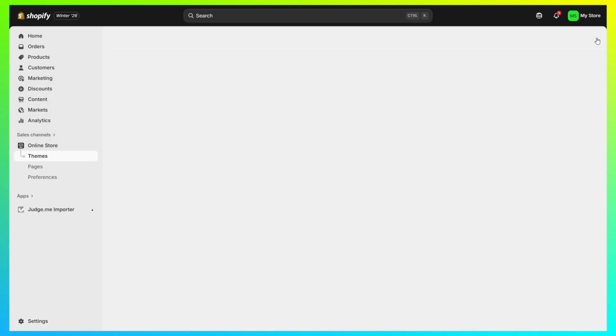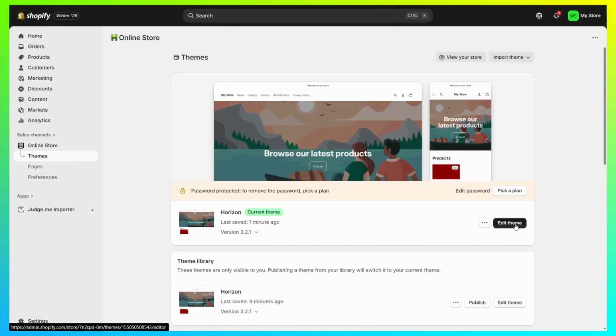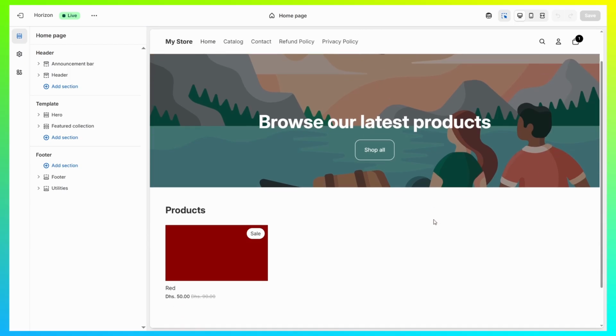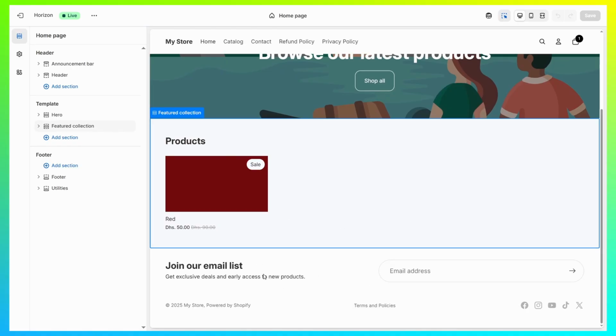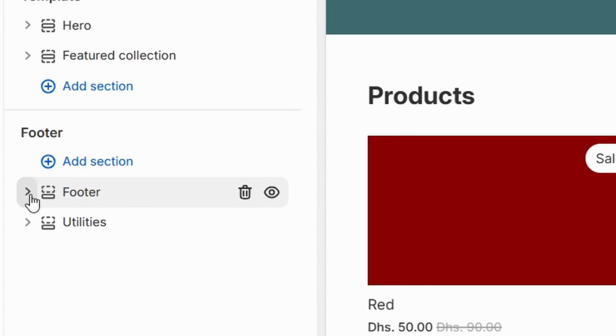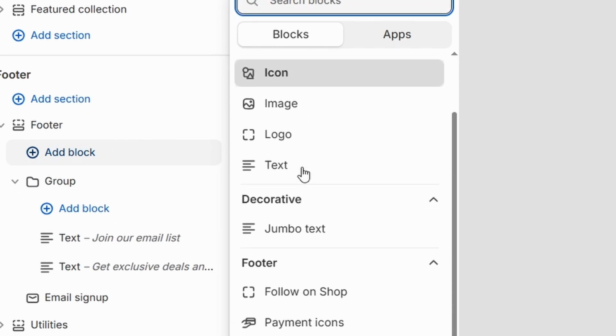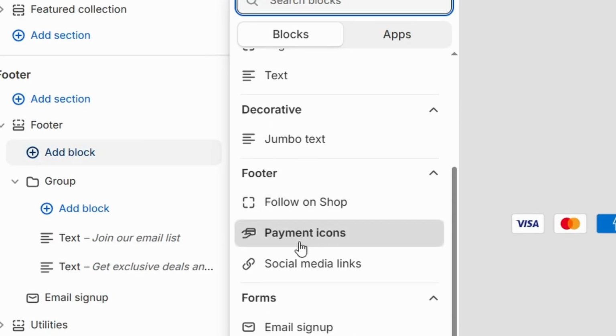So just exit out of here and just go back to your online store, go to themes and click on edit theme. From here, all you need to do to really show the payment icons on the footer is click next to the footer here on the left panel. Click on add block. And then from here, you should just scroll down until you find payment icons. So if you just go ahead and click on that,